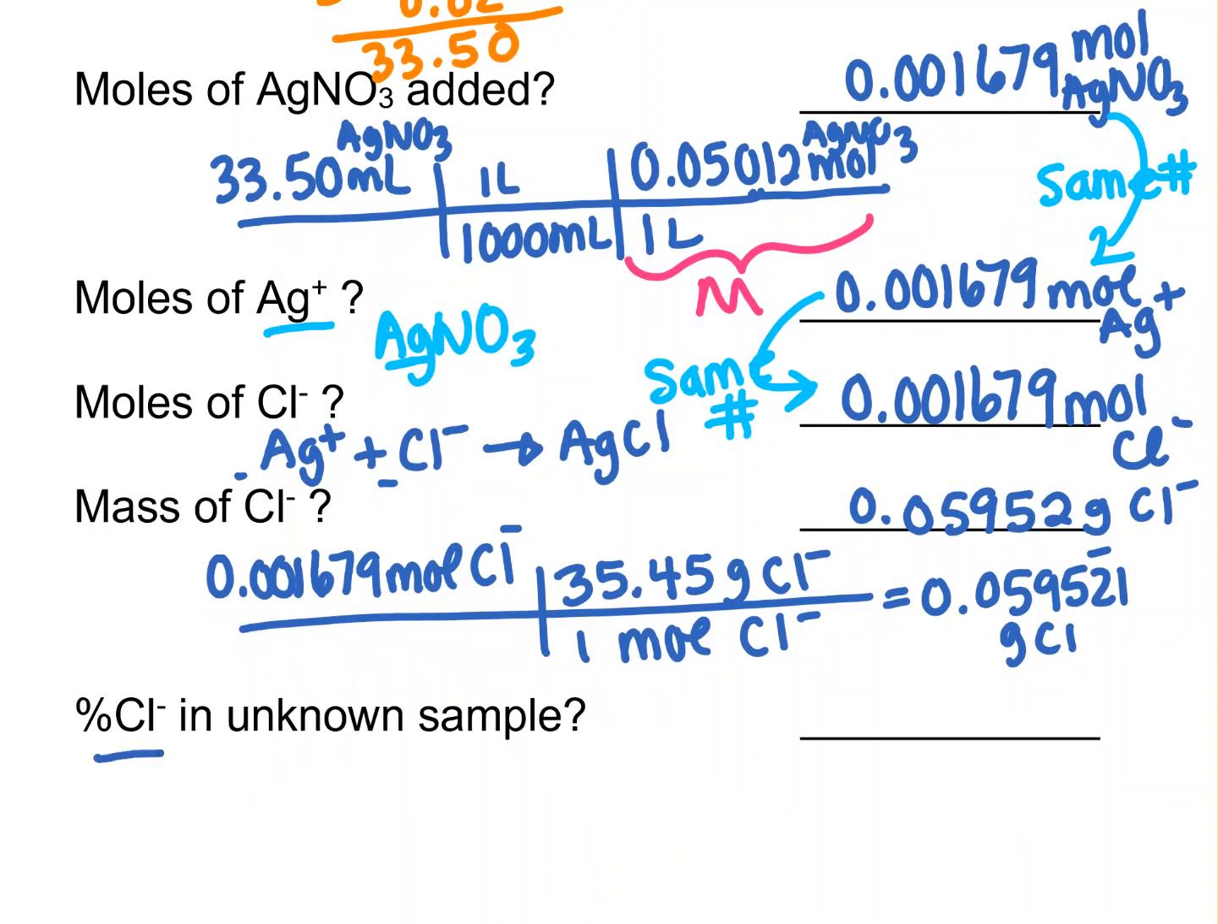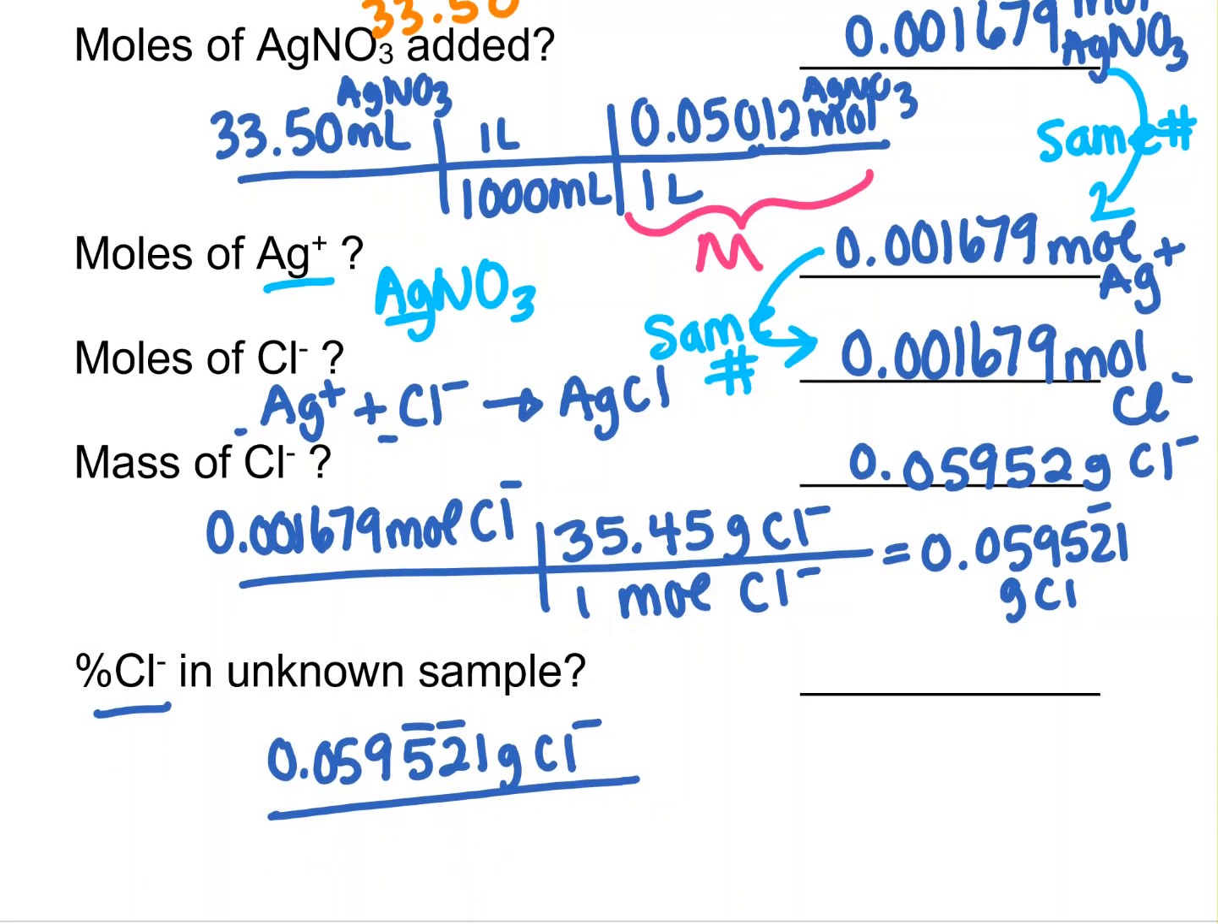Okay, so what's the percent chloride in our unknown? So what we do is we take the mass of chloride, which we calculated, divided by the total mass of the sample. And so let me just label this. And for this one, it was